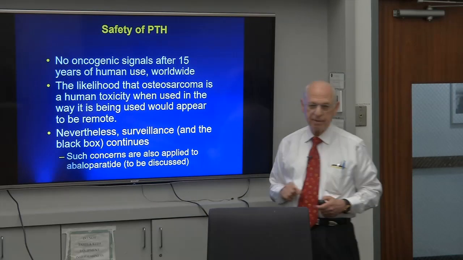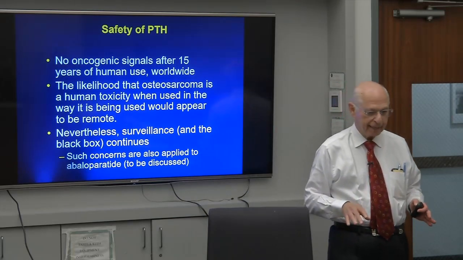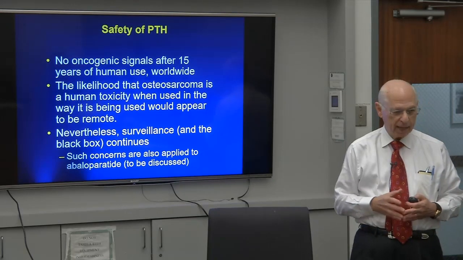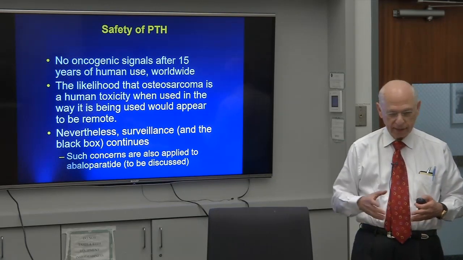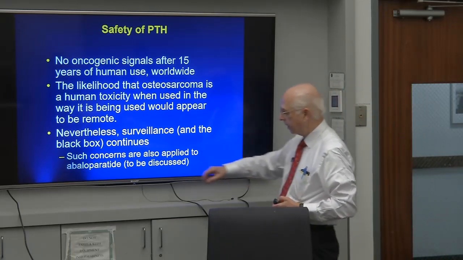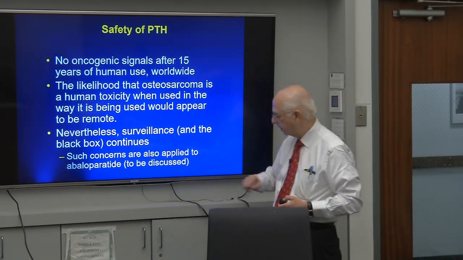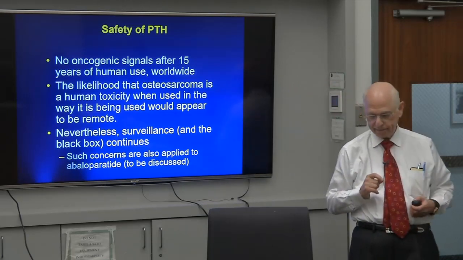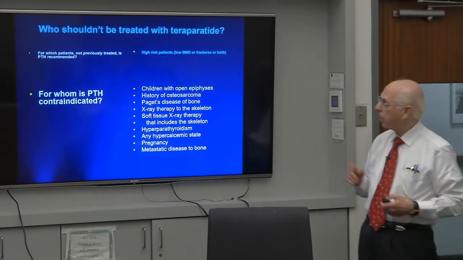Nevertheless, it's a black box drug. It's extremely unusual for the FDA to take away a black box warning. Very, very unusual. And we're going to learn that the next drug, Abaloparatide, also has a black box warning. All right, knowing that,